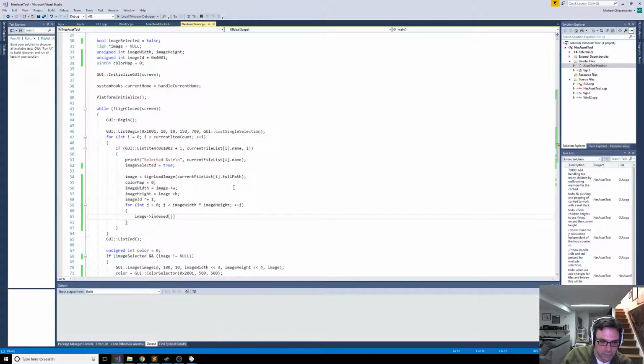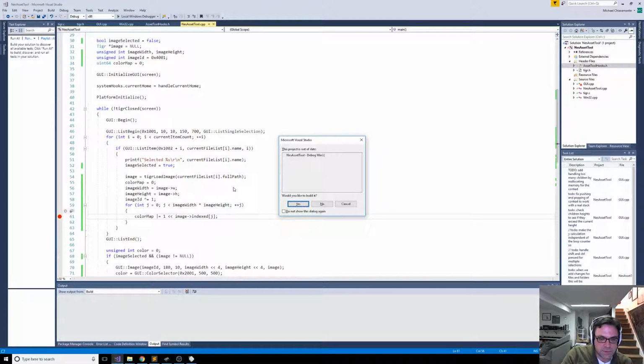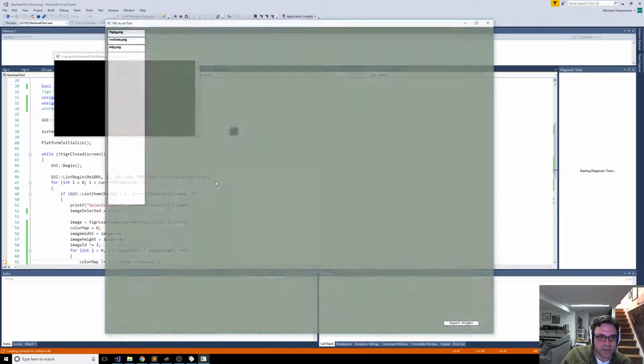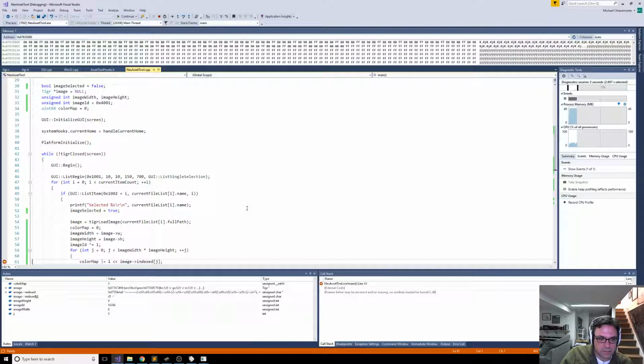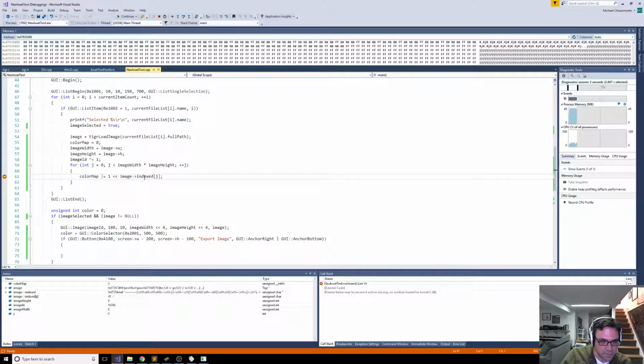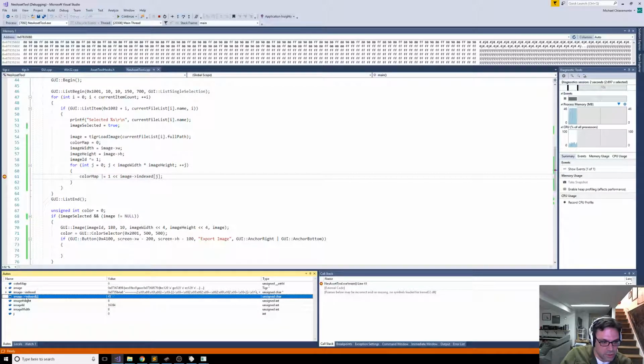All right, so how would we do that? Based on the value, we want to shift 1 the appropriate number of times. So it's almost like we just want to do color map OR equals 1 shifted by the palette value. That seems reasonable, but I always mess this kind of stuff up without actually seeing it, just because it can confuse me. So let's take a look at it here. We've got the color map, and we've got image indexed J, which is 45. So we're going to shift 1 45 times, and then it's going to bitwise OR that onto color map,